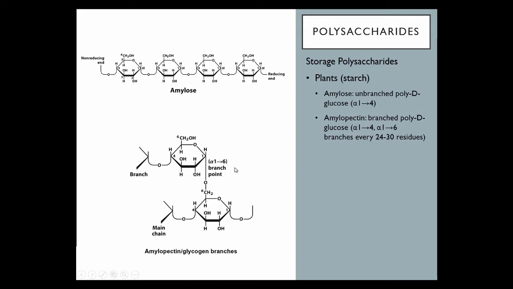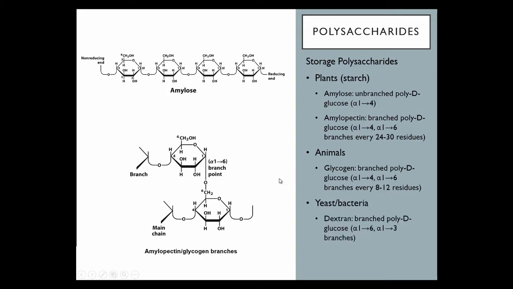But again, it's not defined. And then in animals, the storage form of glucose in your body is mostly in the form of glycogen, and glycogen actually looks a lot like amylopectin. So again, it's a branched polymer of glucose, which are 1,4 linked with alpha 1,6 branches, but they're just closer together. So the branches are about 8 to 12 residues in glycogen, and they're about 24 to 30